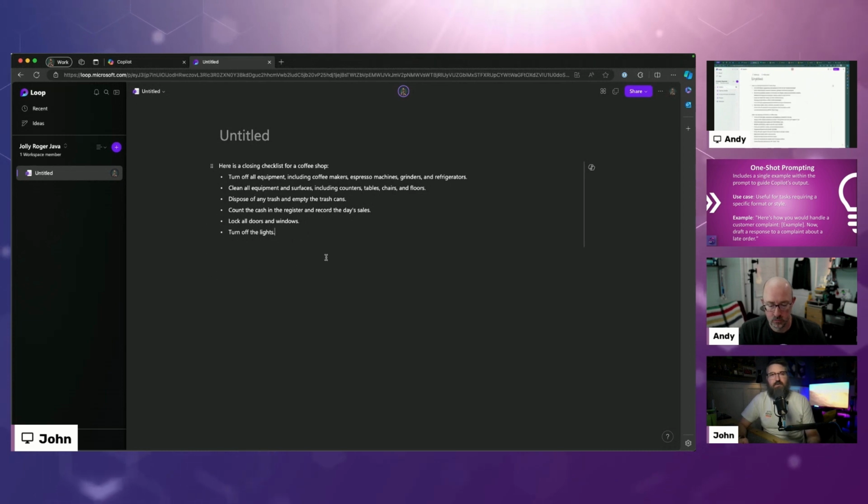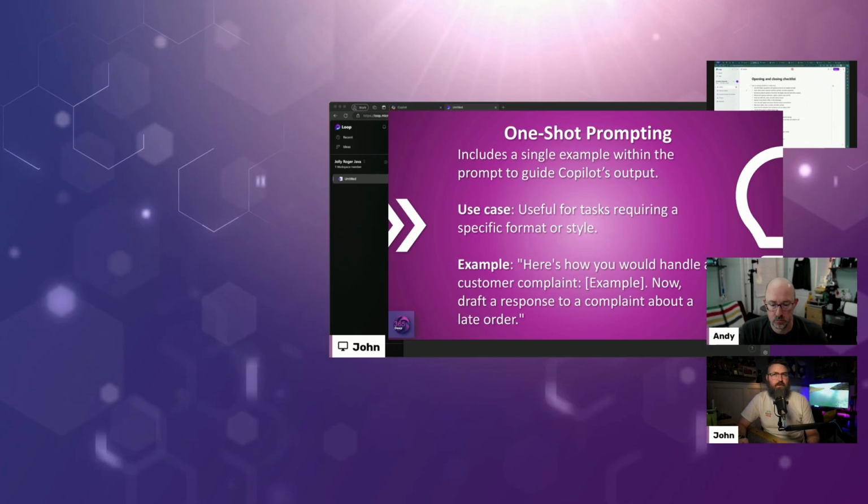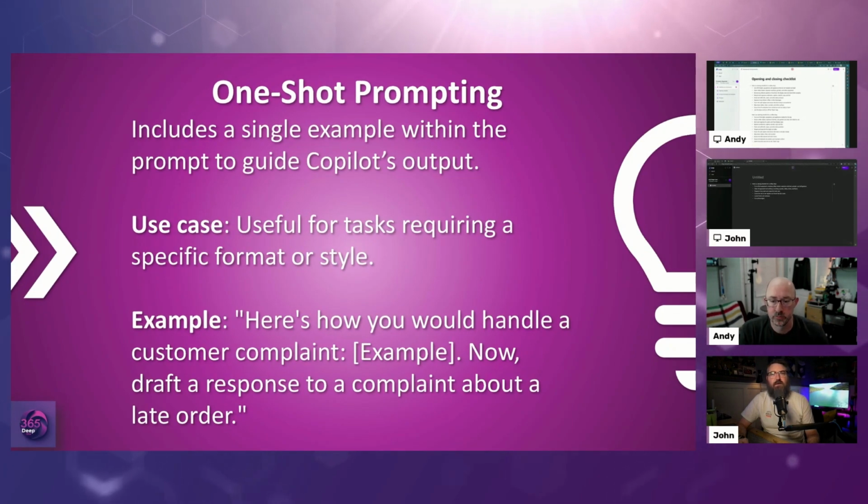So that's a good example of the one shot versus the few shot, and how the one shot gave us a better example for what we were looking for. Exactly. Anything else on one shot, or do you want to move on? We've got one more. We'll review this after we go through the next one, which is the few shot technique. I'm going to go back and show